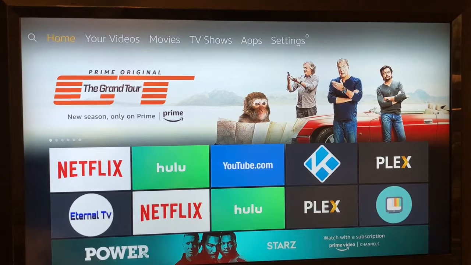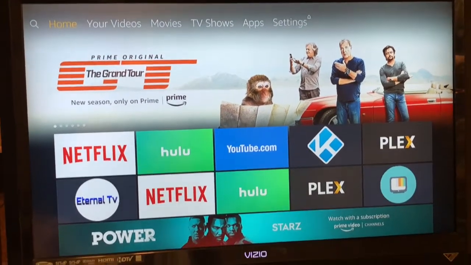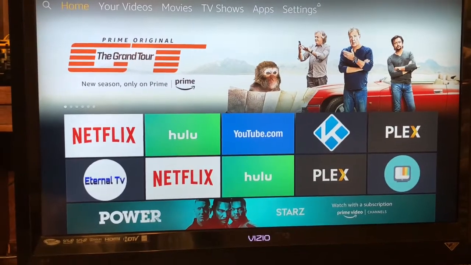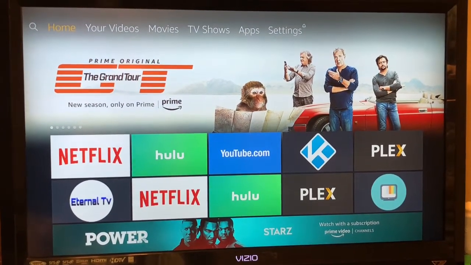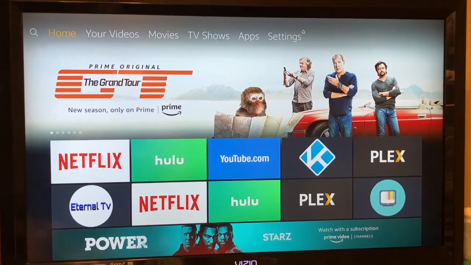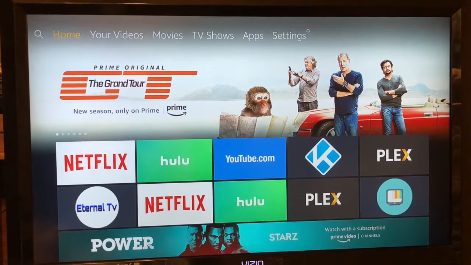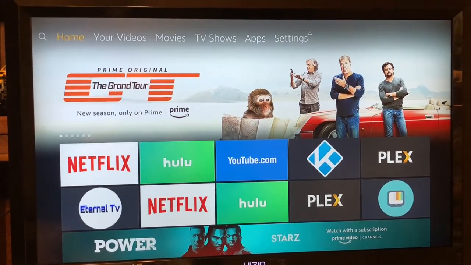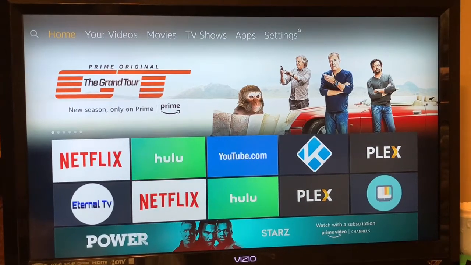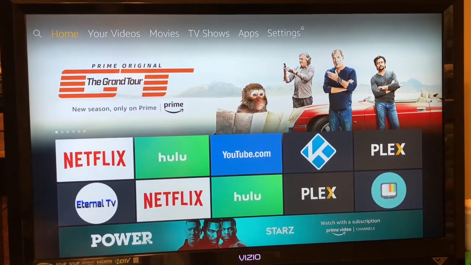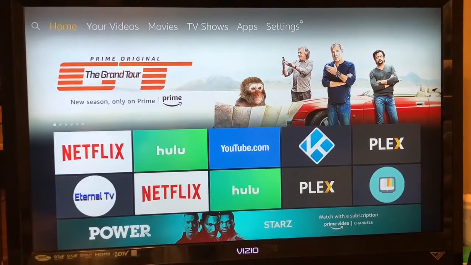I hadn't done a video. It's been a long time since I've done one, but I had a request to do 2 videos. And so I'm going to go ahead and do those. The first one is for which iPhone I'm using and the cases that I have. And the second one is what I'm using on my Fire Stick, which I haven't been using